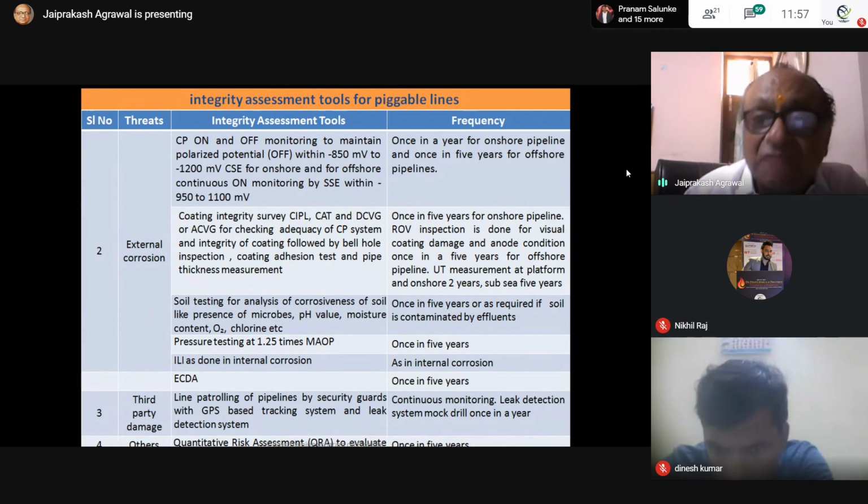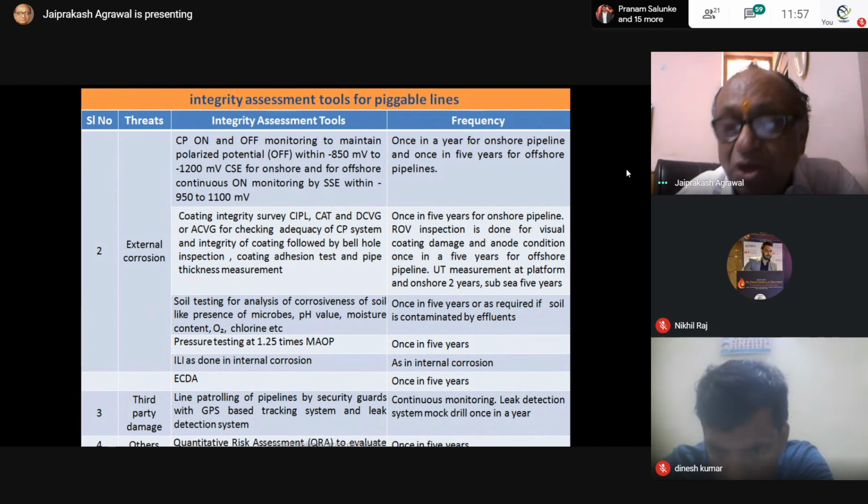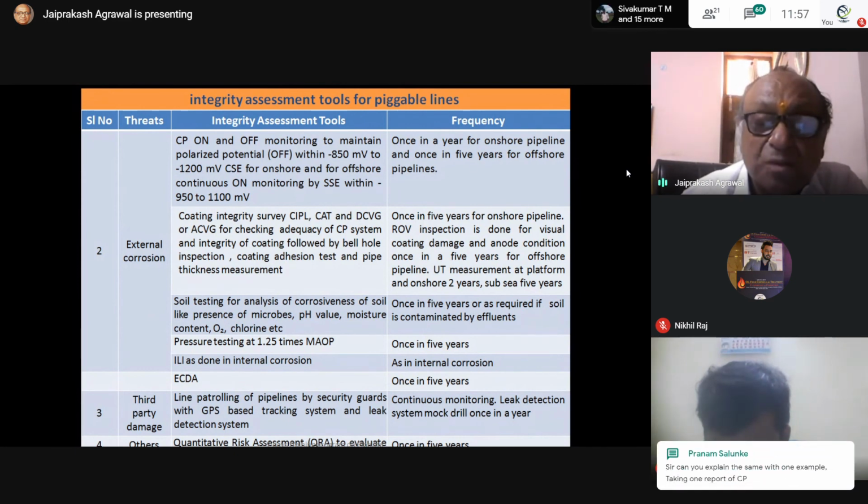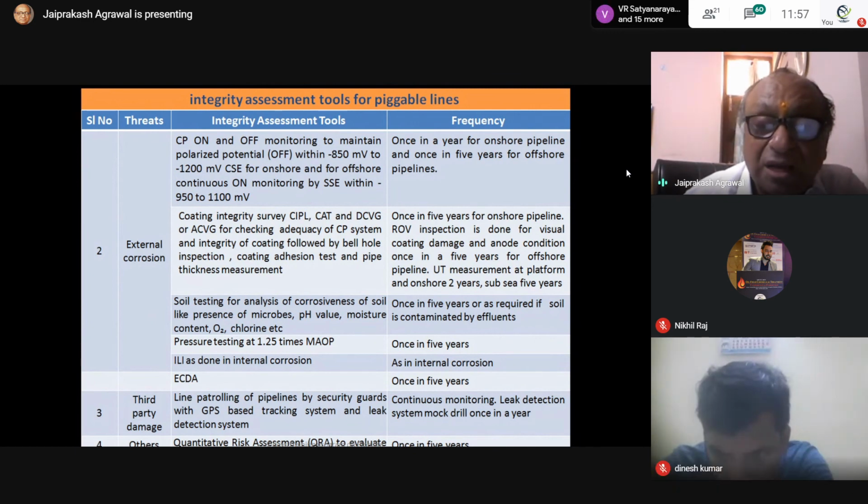Because now your cover is as per class 1 and 2. Now you have to increase the cover, which you cannot do. So what will you do in that case if the population density has changed? The impact will be higher. It will come in a high class zone, so now you have to go for a very strict controlling mechanism. Strictly you have to maintain your controlling mechanism so that the probability of failure is decreased.